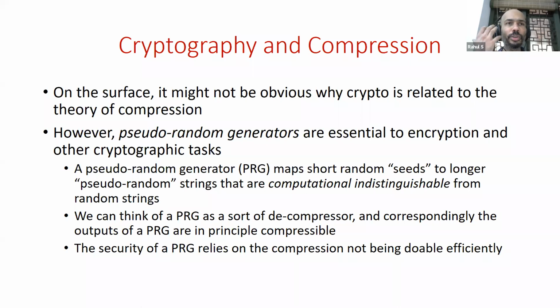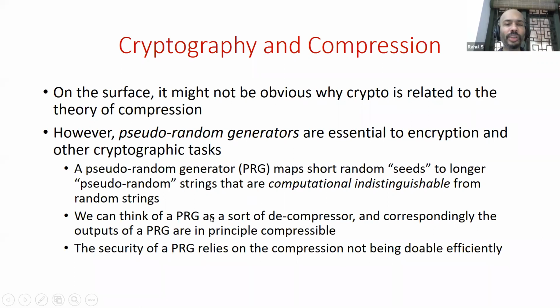And that has a very intuitive meaning. If you take any efficient algorithm and you feed it completely random strings as input, and then you feed it instead pseudorandom strings, outputs of this PRG, you shouldn't be able to tell any difference from its behavior. The statistical distance should be small between what the algorithm outputs on random strings and what it outputs on pseudorandom strings. So that's what pseudorandomness is. You're able to stretch short random strings to longer pseudorandom strings that cannot be distinguished from random strings.